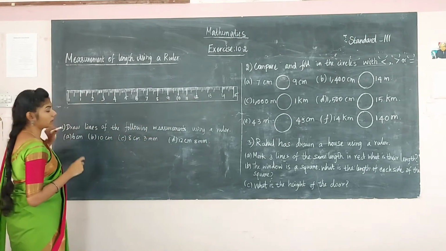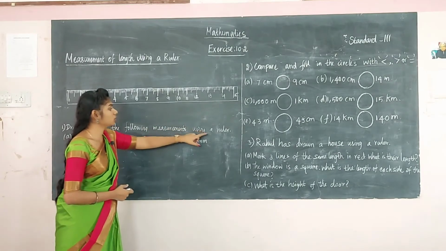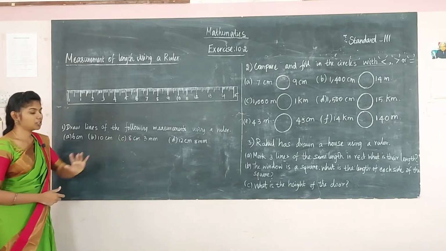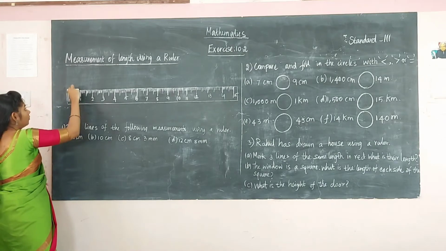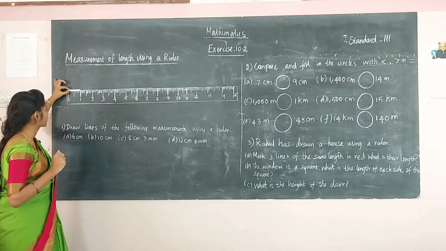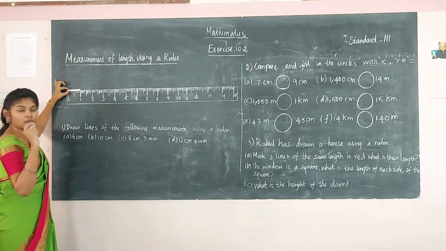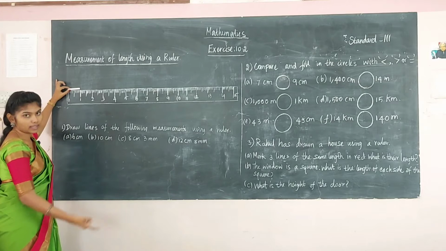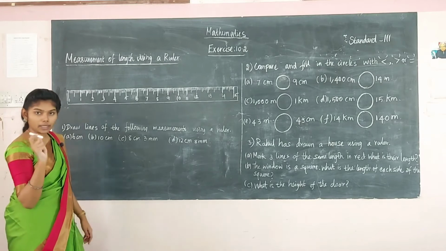Now you all know how the markings come. So see this problem here. Draw lines of the following measurements using a ruler. Using a ruler you are going to draw lines with these measurements. Before that I will just explain. You see here I am keeping a chalk piece. From the 0 marking only you should always take a measurement. From 0 to 1, the measurement is 1 centimeter. From 0 only you have to start. If you keep your pen at the 0 marking, you find the length from 0. So the length of this chalk piece is 1 centimeter.